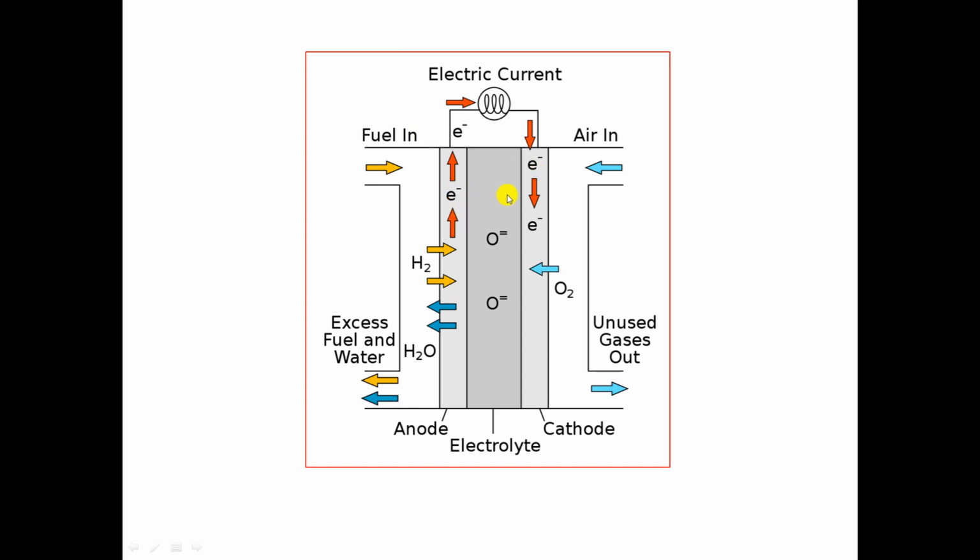Construction and working of the solid oxide fuel cell. The anode is made up of nickel zirconium oxide or cobalt zirconium oxide. It is a metal zirconium oxide cermet. The cathode is made up of strontium doped lanthanum manganite, that is LaMnO3,